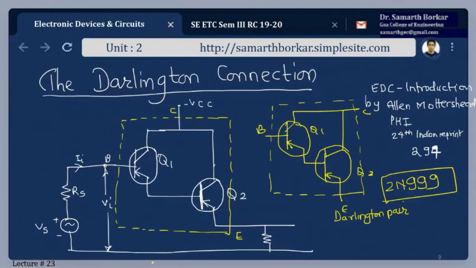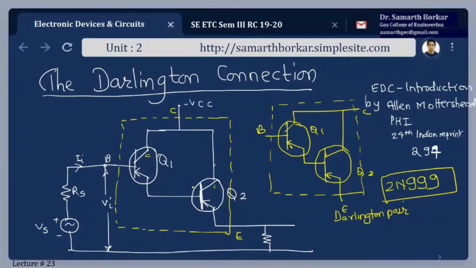So that is possible if we go for this Darlington connection. Now you see here, this common collector circuit or an emitter follower is having 100% negative feedback, because of which we have largest input resistance. Now the Darlington connection over here can be considered as two cascaded emitter followers. These are emitter followers, meaning the collector is common. You see here, this is the collector terminal, this is the collector terminal, and both the collectors are made common. So this is a common collector circuit, also referred to as emitter follower.